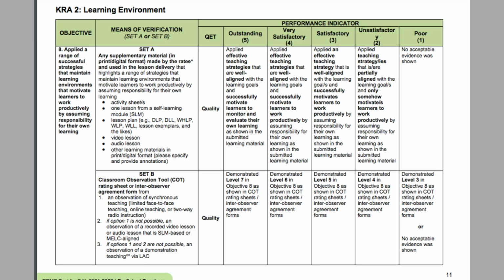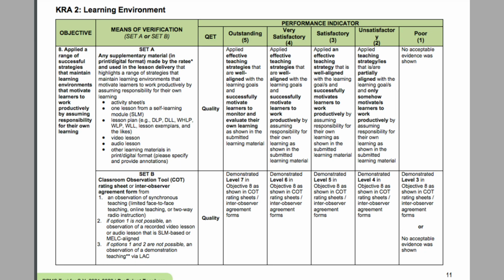Still, we have set A and set B. Set A: any supplementary material in print or digital format made by the ratee and used in the lesson delivery that highlights a range of strategies that maintain learning environments that motivate learners to work productively by assuming responsibility for their own learning. Activity sheets, one lesson from self-learning module, lesson plan, video lesson, audio lesson, other learning material in print or digital format.